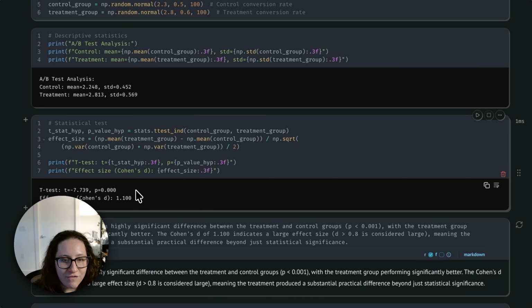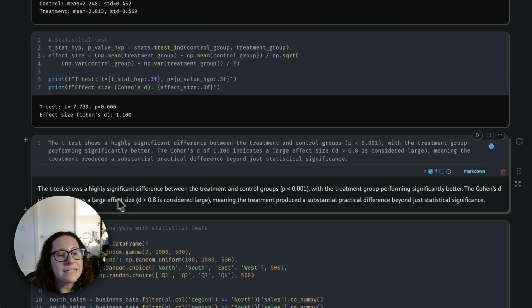And so this is looking like a very strong statistical result here. And when we look at the effect size, or Cohen's d statistic, we get a 1.1. Great. So the t-test here is showing a highly significant difference between the treatment and control groups, with the treatment group performing significantly better. The Cohen's d of 1.1 indicates a large effect size. A d of 0.8 or above is considered large, meaning that the treatment actually produced a substantial practical difference beyond